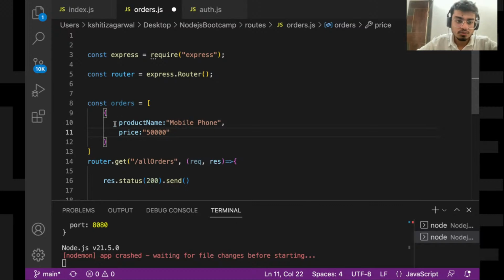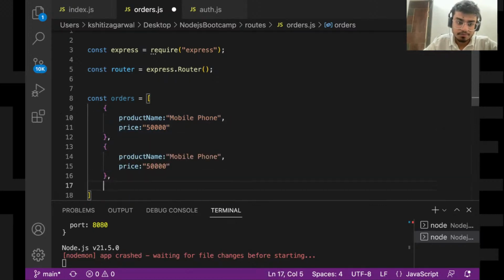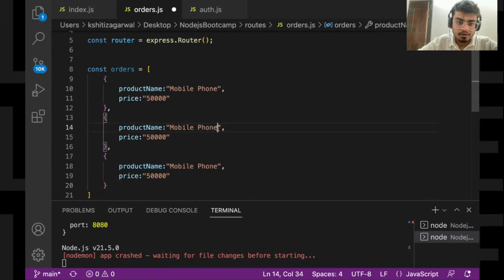Similarly, I'll create a few more. We call it microwave, price I'll say 10,000. Then I'll call it bicycle or bike, and I'll call it 25,000.